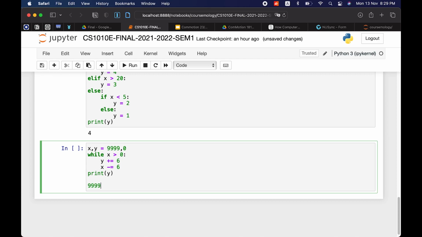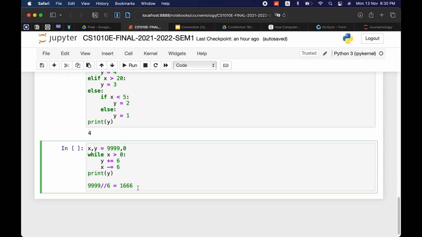So we can divide by 6, which tells us how many times 6 can be taken away from n, 9,999, which comes out to be 1666.5. So in the loop, you will take 1666 times, because x is still more than 0 after taking 1666, but it's not enough. It's going to exceed on the next shot.